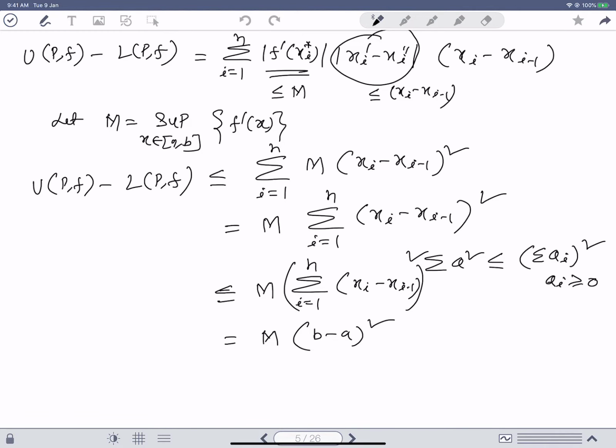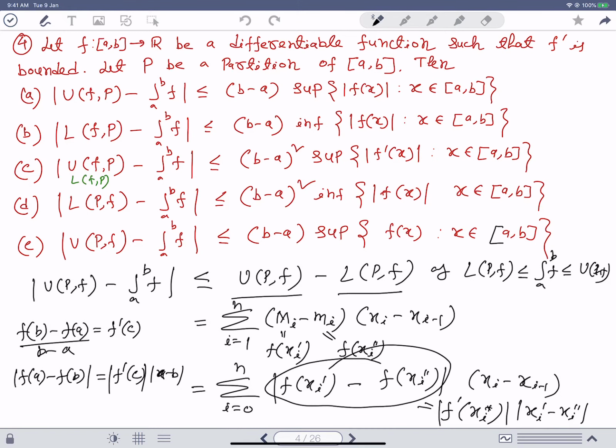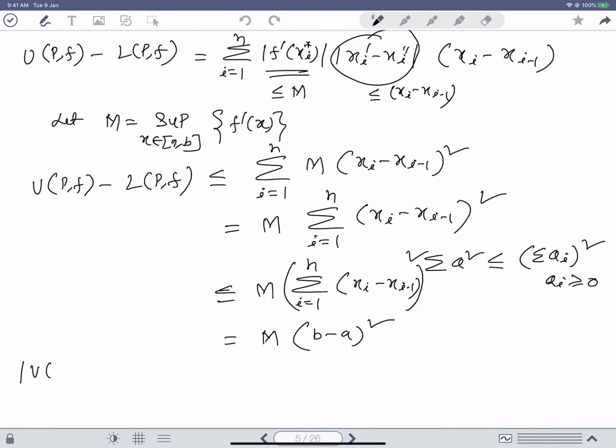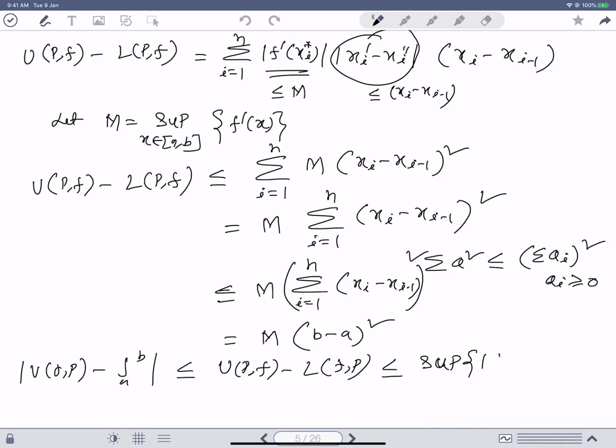So, therefore, you get UPF minus the integral from a to b, which is less than or equal to UPF minus LPF. I always miss that one. Anyway, so less than or equal to the supremum of mod of f dash x times (b minus a) whole square. So, that means you get